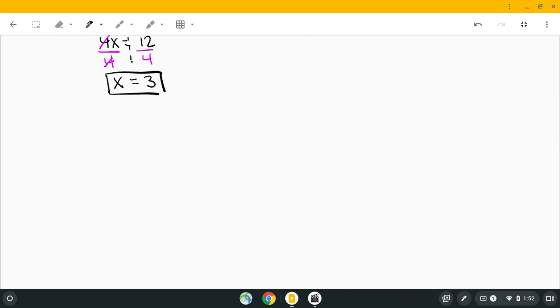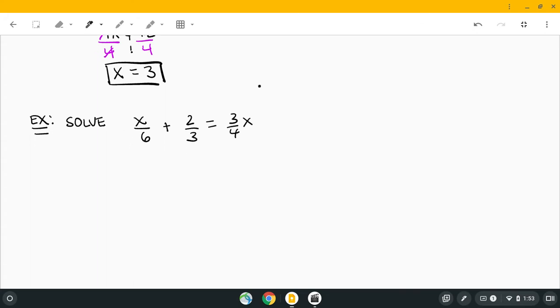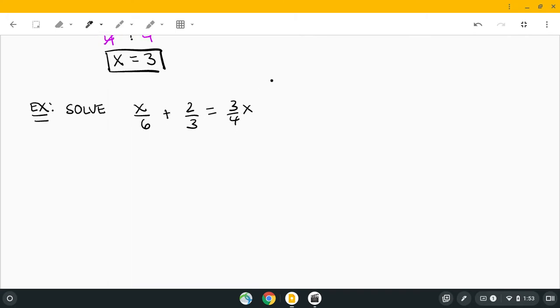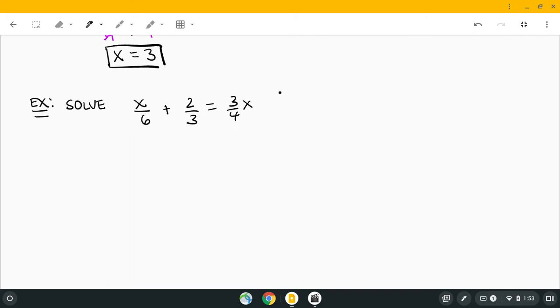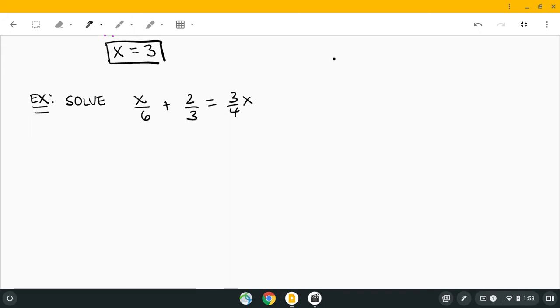Okay, let's take a look at this one where we have fractions, because sometimes students get thrown off because we have fractions involved. So we have x over 6 plus 2 over 3 equals 3 over 4x. Okay, so over here, see how we have the 3/4 times x? So this is kind of like 1 over 6 times x. Okay, so here for these equations where we have fractions, we're going to go ahead and clear our fractions,